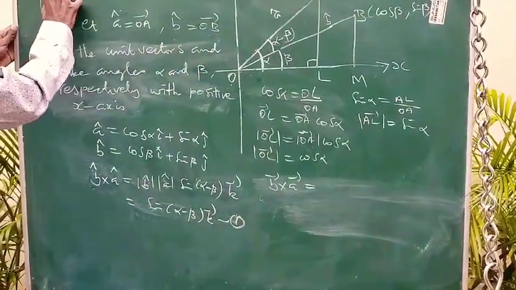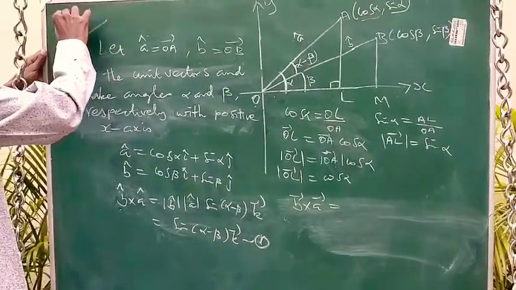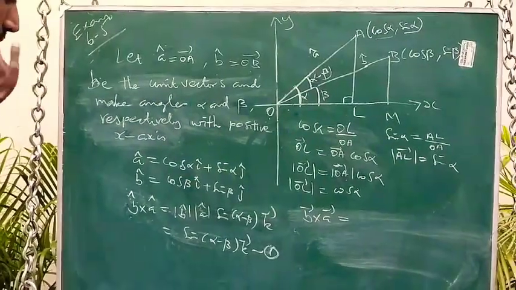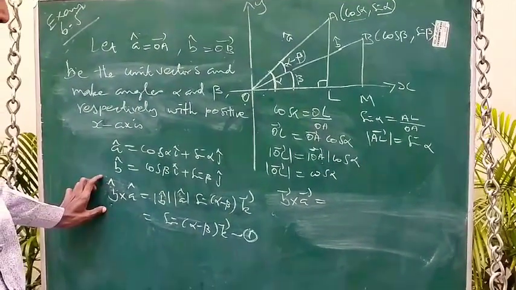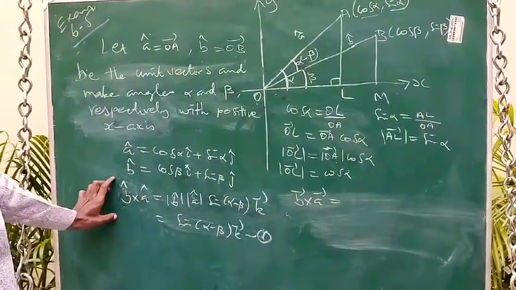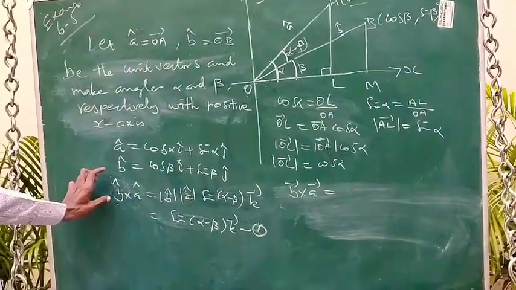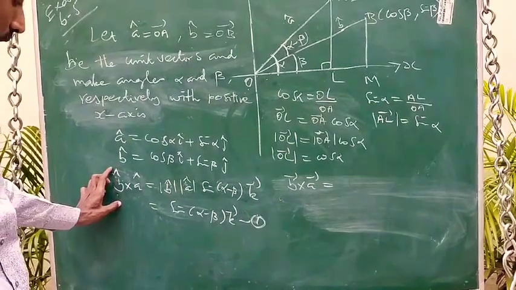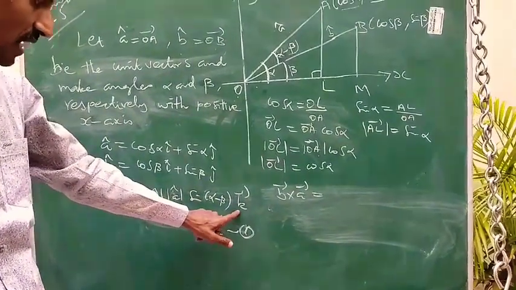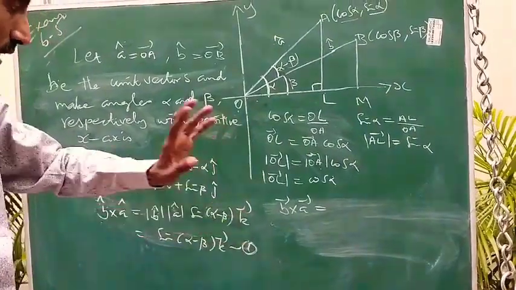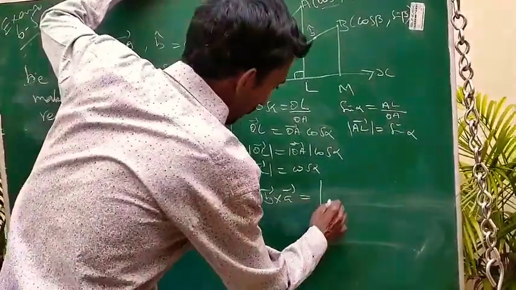Now it is the same thing for example 6.5. The basic diagram and the construction are the same. Cos(alpha minus beta) means use the dot product. Sin(alpha minus beta) means use the cross product. In this also you can use B cross A only; i cross j we are getting k. A cross B means we have to put minus k. Don't forget. So use the determinant method.